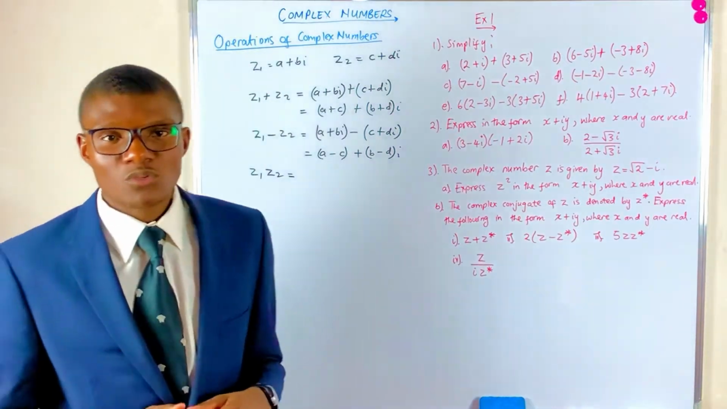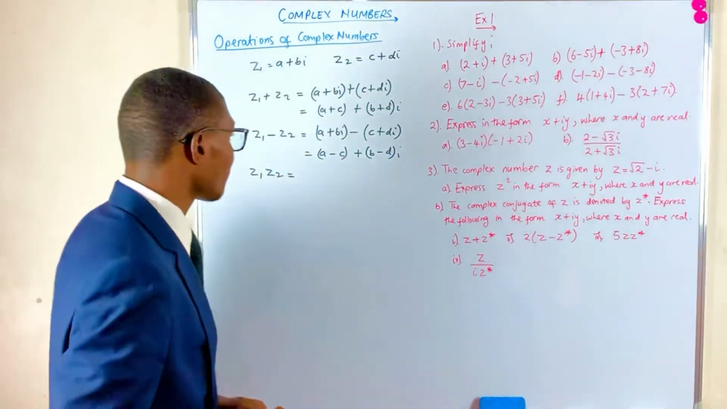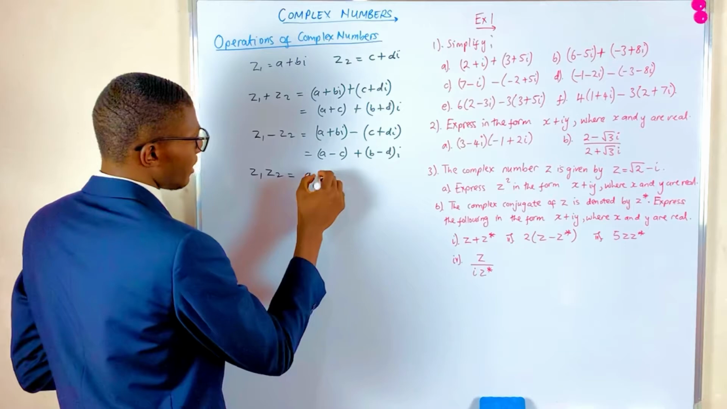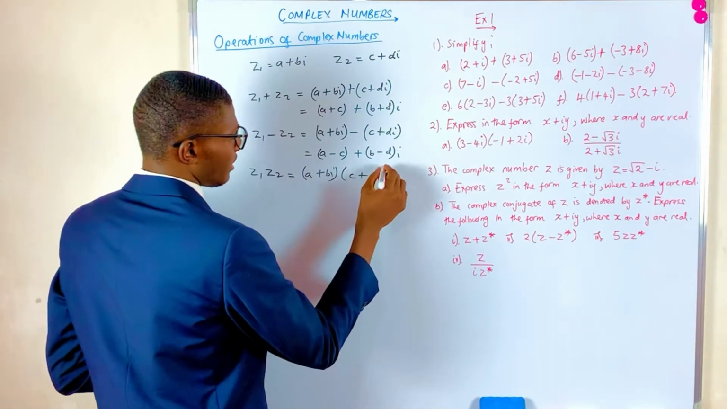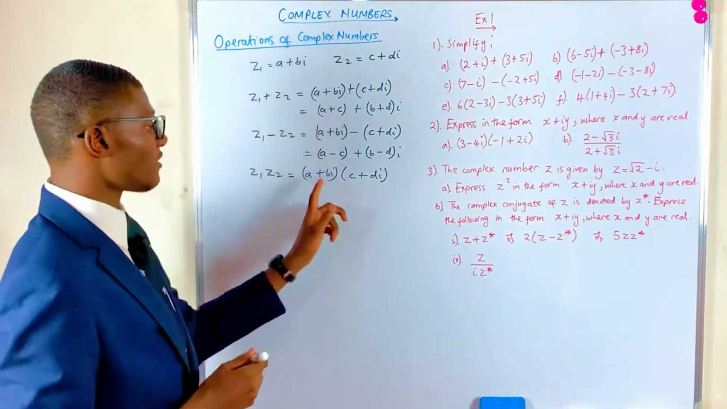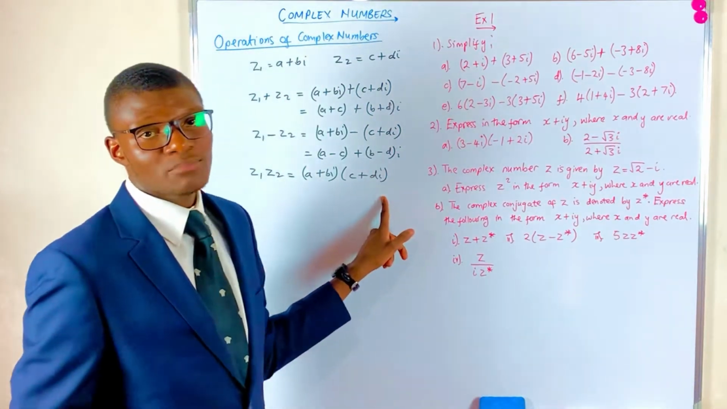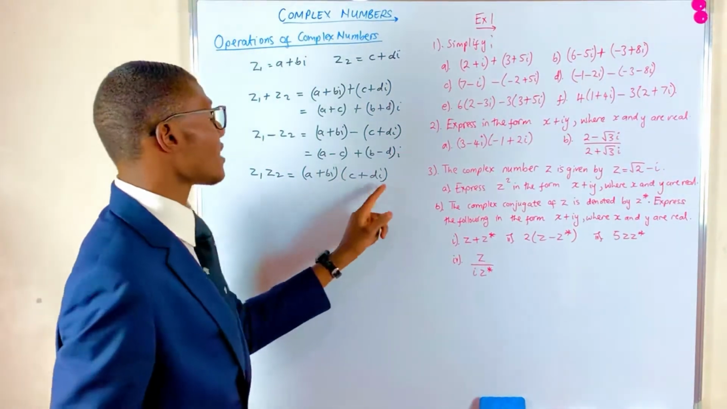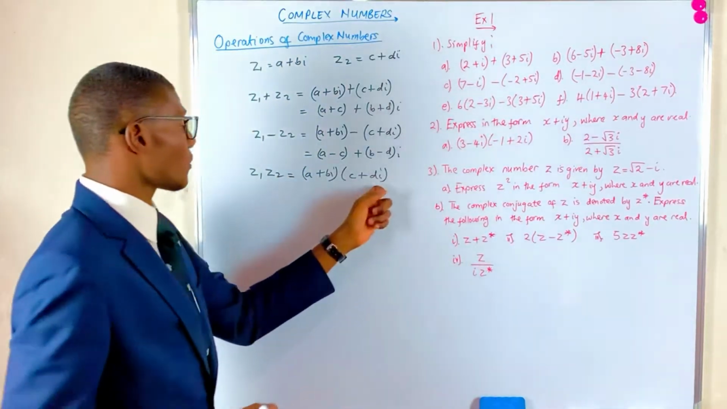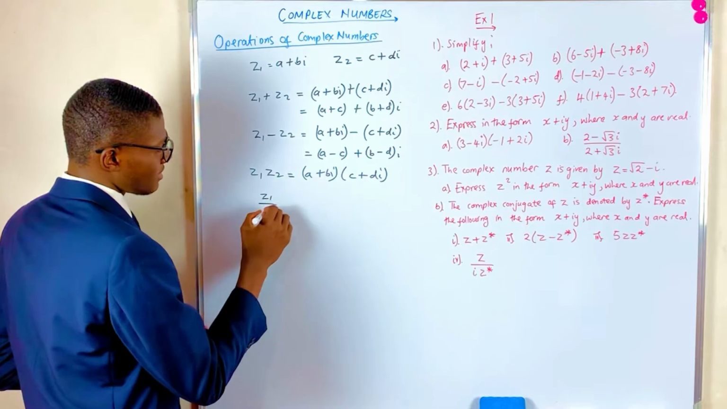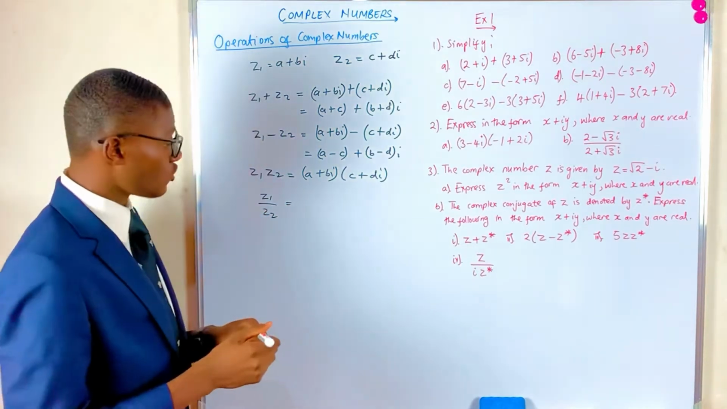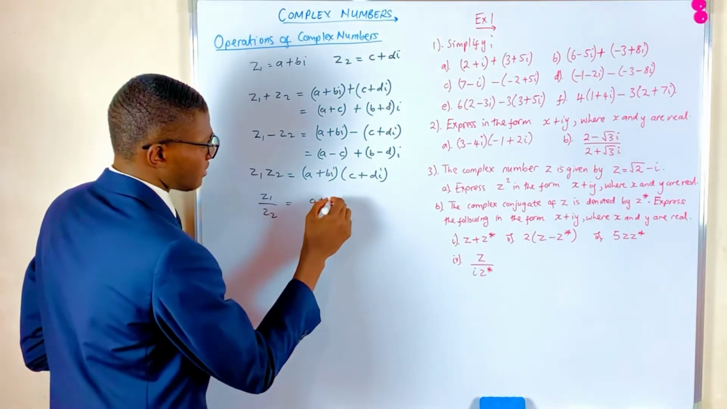the normal rules of algebra do apply. So we just apply a plus bi times c plus di. Then of course we have to simplify i squared, since we know that i squared is equal to minus 1, so we simplify i squared at the end. And then we've got division, C1 over C2,